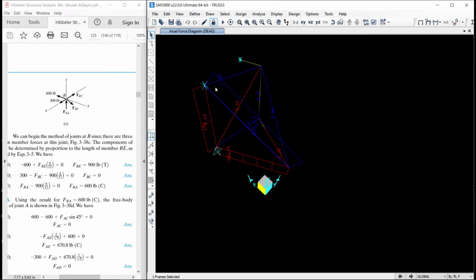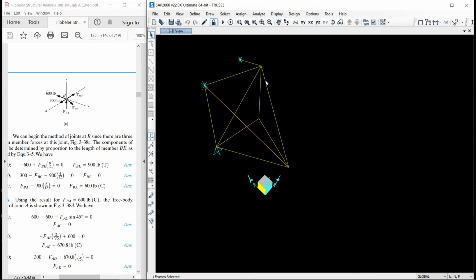Now at this point I want to show you something which is very interesting. I always emphasize to my students and to my juniors that look, any software, either it may be SAP 2000, STAAD, ETABS or any other name, whatever. These softwares are your slaves.